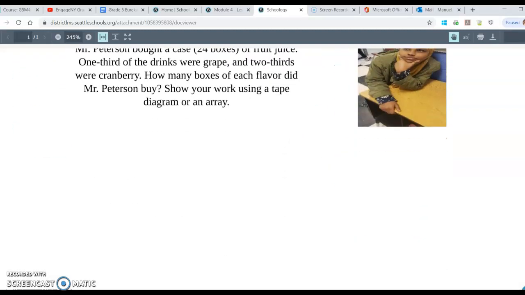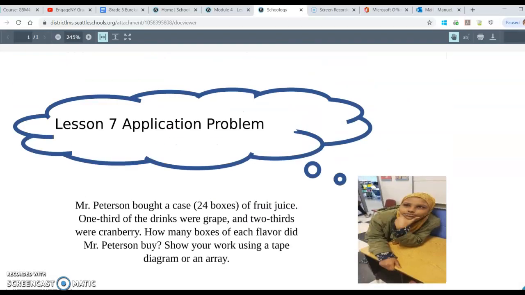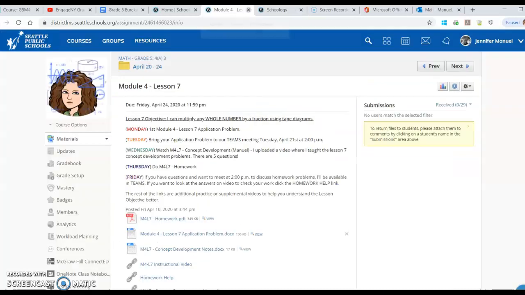So today I'm asking that the kids do this one right here. This is the application problem. They don't have to print it out. If they want to, they can, and then do the solving for that. Now, after they're done doing that,